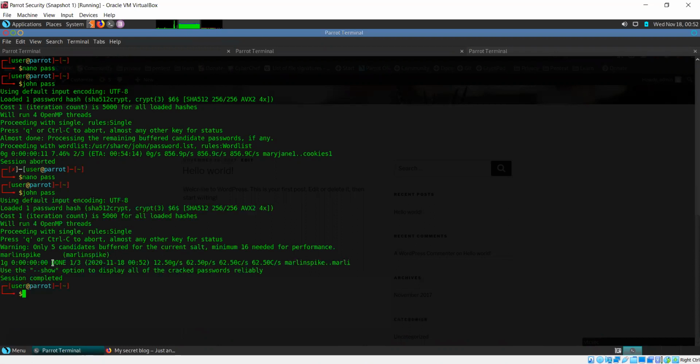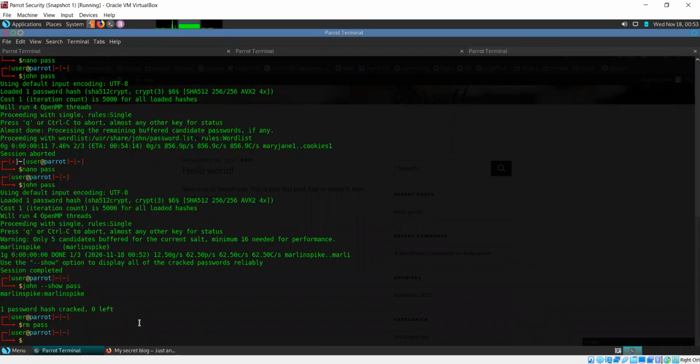Oh, it's done already. So it's probably figured out. I say show, then I'll get the result. Marlin Spike. So the username itself is the password again. And one password hash cracked. There was only one password hash to crack. And we have the password now. So it's Marlin Spike. And meanwhile, I can delete this file.